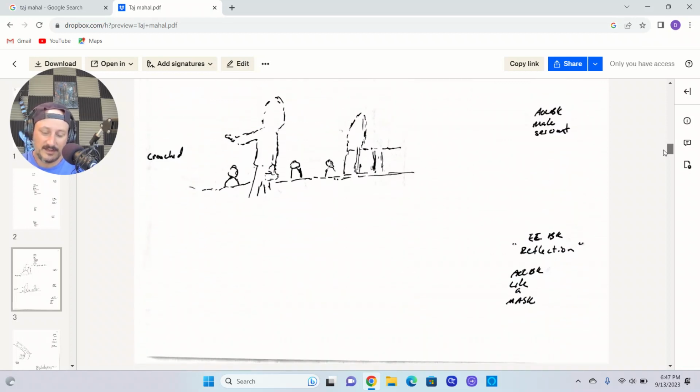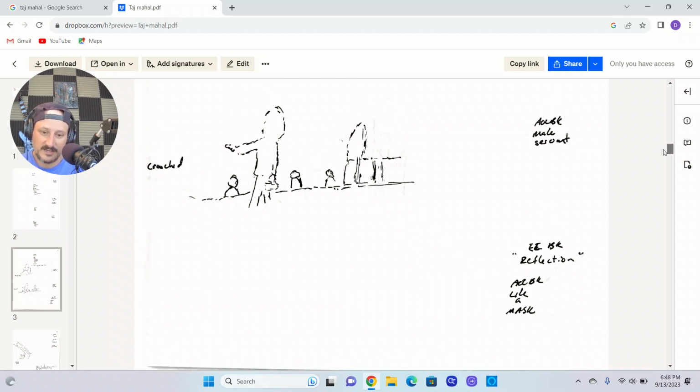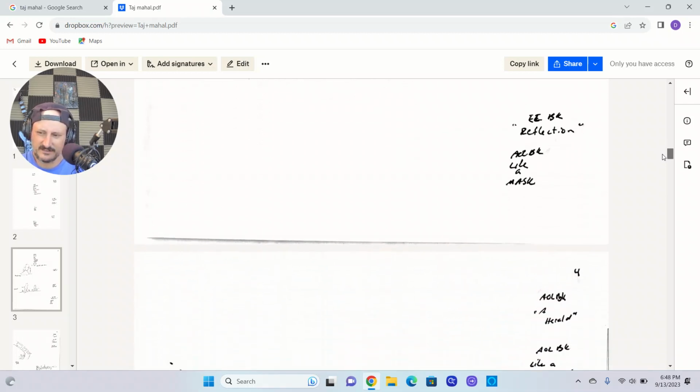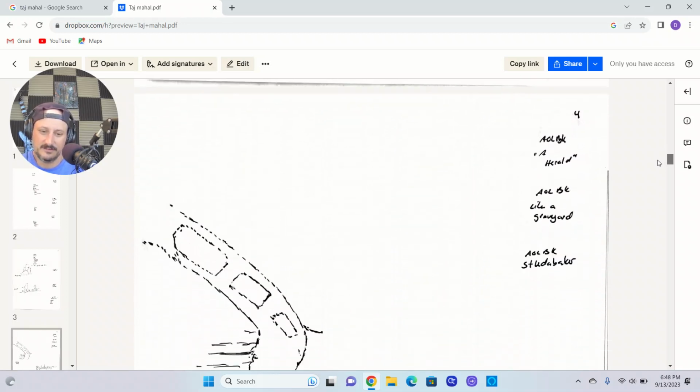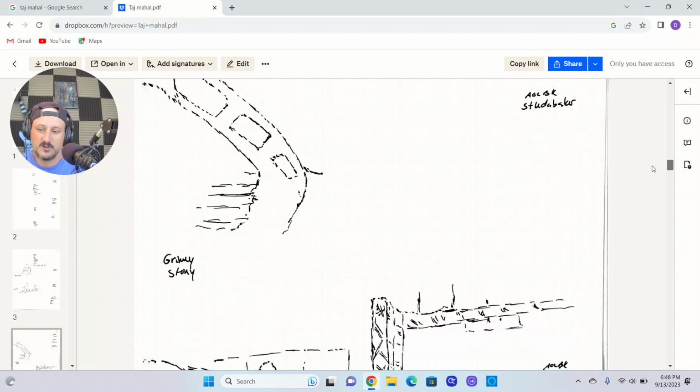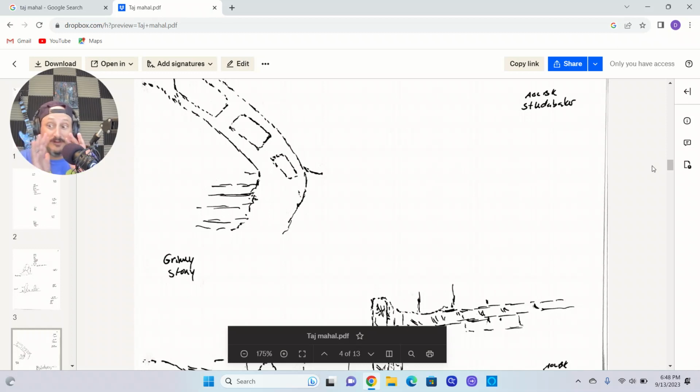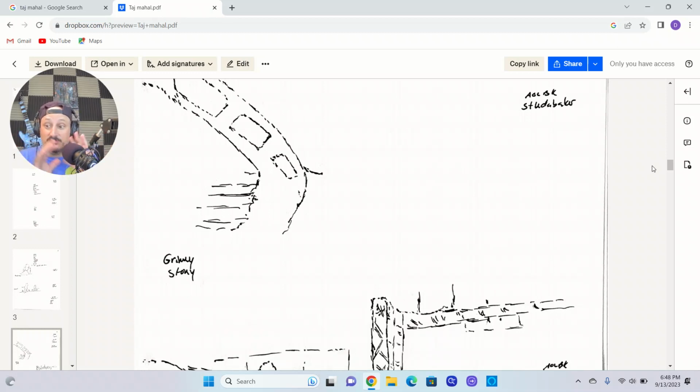AOL break, like a mosque. All right. Like a mosque, which I think it is a mosque. Okay, so a herald, like a graveyard. AOL Studebaker. So with all these AOLs, it's like hearing a voice in your head going, religion, gravestones, statues, and it's all kind of,